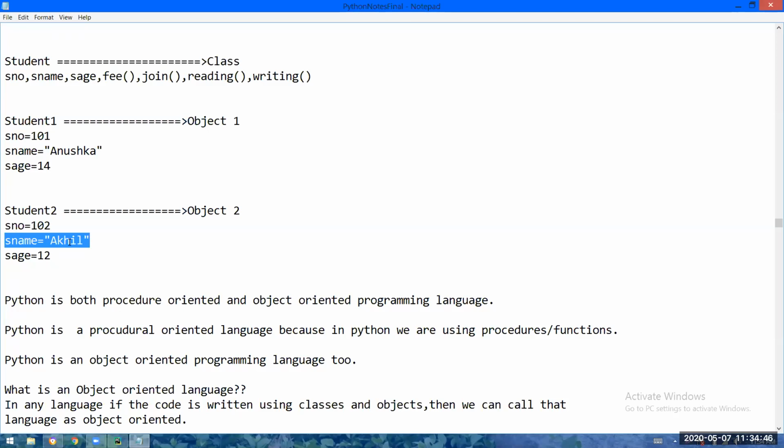Okay, so again I'm asking the same question. I want to store the data for 10 products. So how many objects do I have to take? 10 objects, right? I want to store the data of 10 products, so I need to take 10 objects, because in one object, I can store the data of one product. So if I want to store the data of 5 employees, then how many objects do I have to take? 5 objects I have to take. Okay, fine.